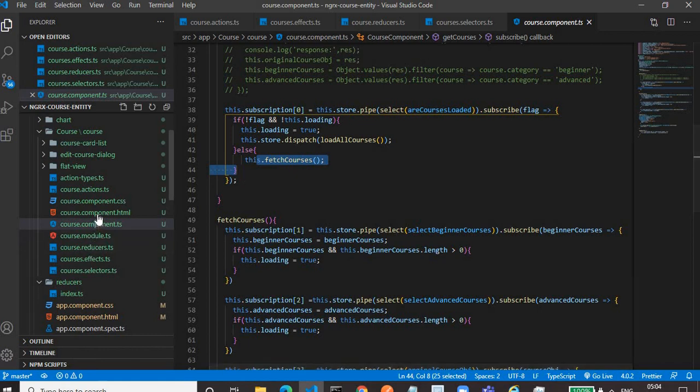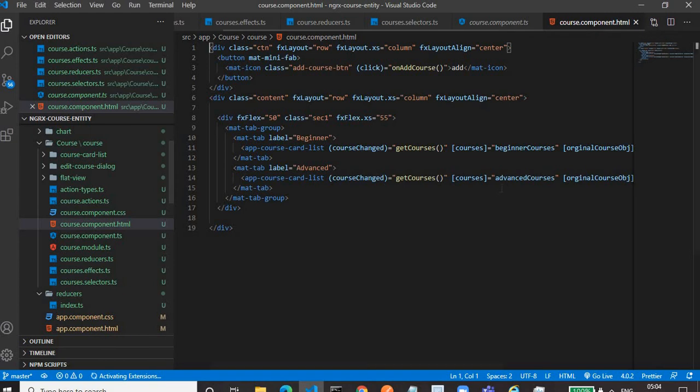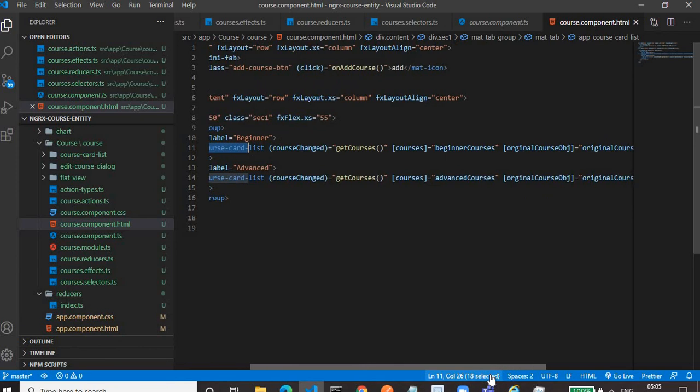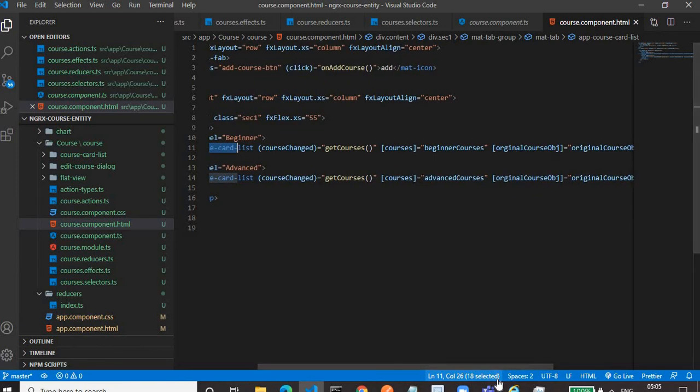And if you see the courses component.html file, here we have another component, app-course-card-list. This is for displaying each course in the form of a card, in which we are providing the data: beginner courses data for the beginner tab and advanced courses data for the advanced tab.